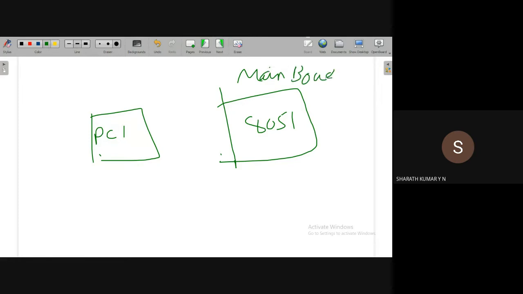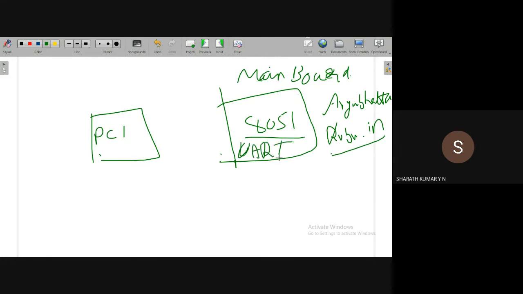In the earlier classes I showed the Aryabhatta main board, provided by the Robo.in website. Robo.in is a Bangalore-based company, guys. This 8051 microcontroller supports asynchronous communication. That is, it has a hardware called UART, Universal Asynchronous Receiver Transmitter.